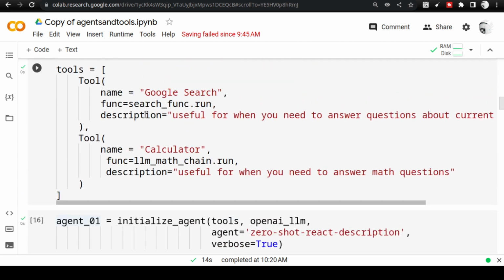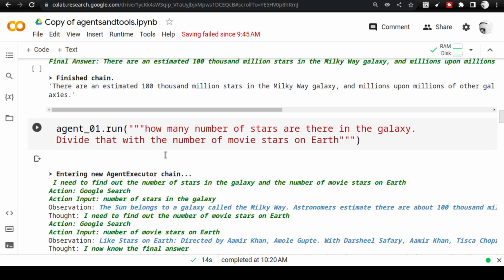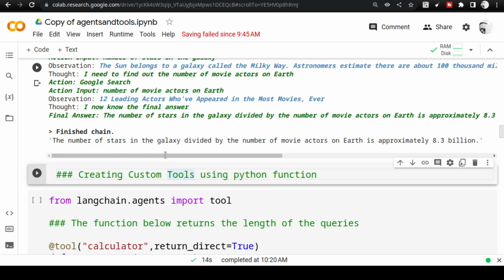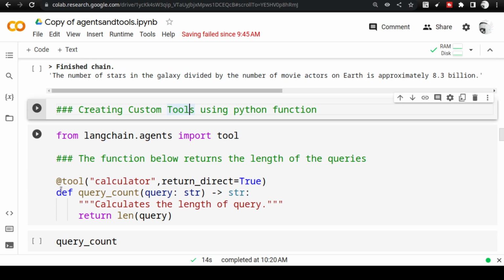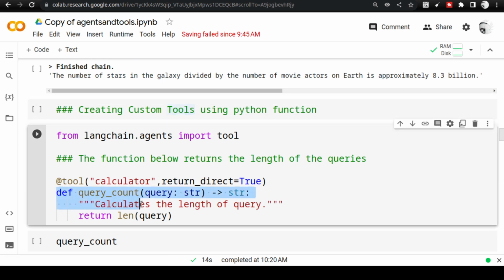Okay, these are all existing tools. Now, first and foremost, we are going to create a tool from the function. This is a Python function. We are going to count the length of the query, the string that is going to come into the function. We are going to count it, and I have used the decorator here called @tool. So I am importing it from agents import tool, and I am using calculator as the name of the tool